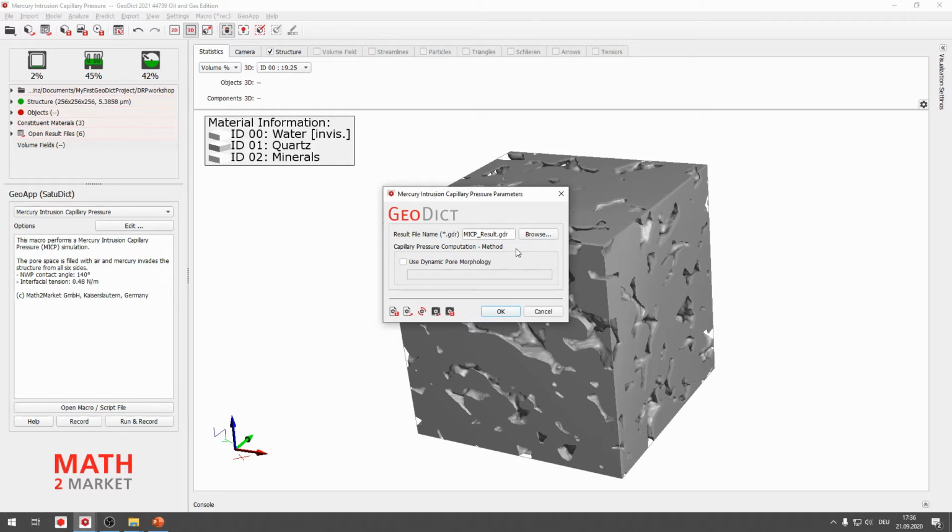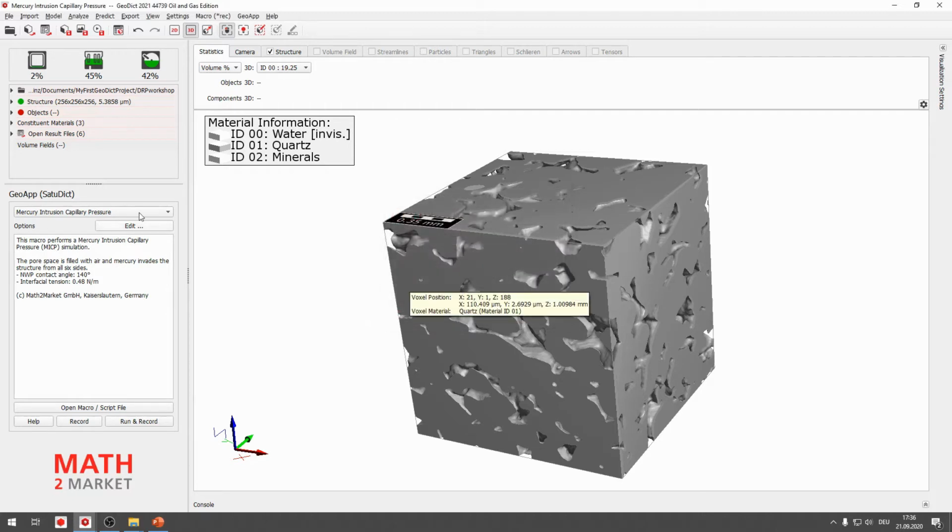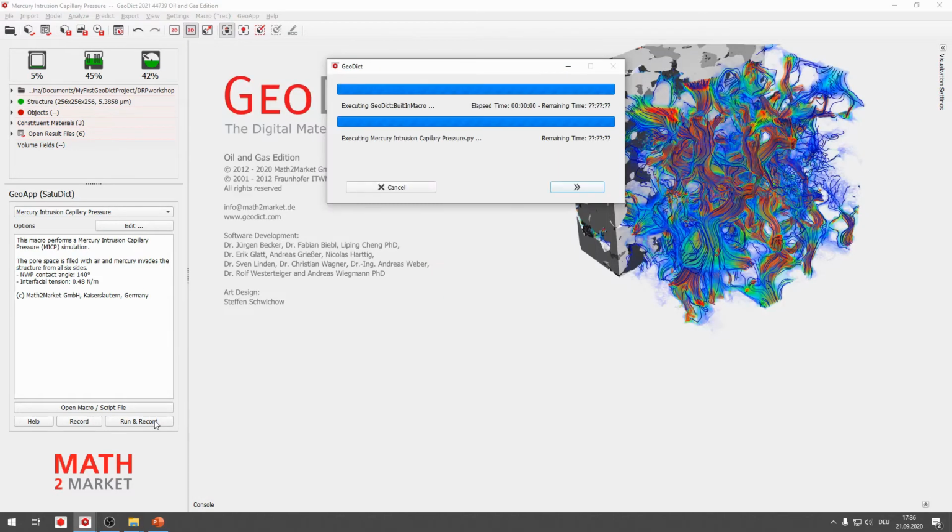However, we don't want to execute this now because it takes longer than our standard method for MICP computation. Okay, so just click OK, leave it as a default, and run and record our MICP GeoApp.